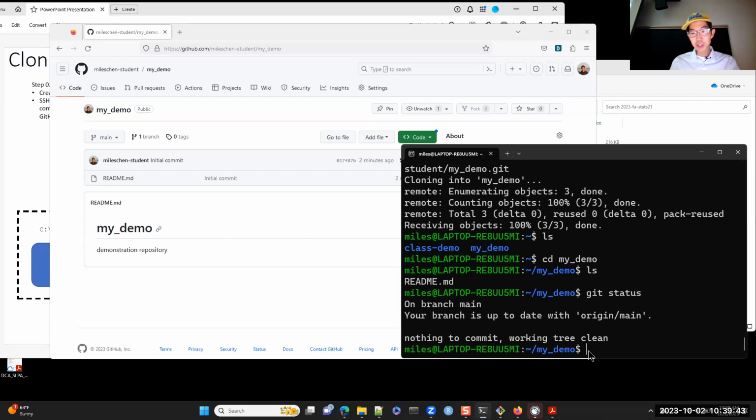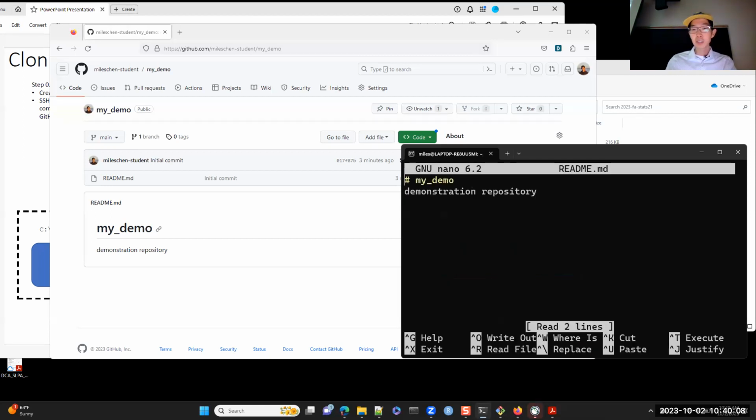So let me just demonstrate this, okay? I'm going to edit this file, readme.md. In Linux, Mac OS, and if you use Git Bash, you can also use Nano. Nano is a simple text editor. I'm going to open up the readme.md file with Nano. This is the contents of my